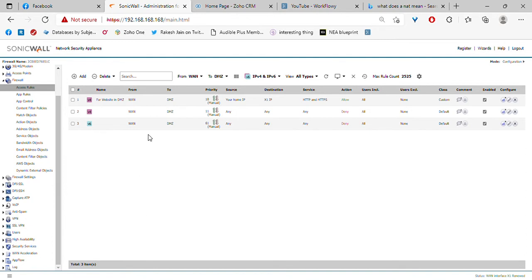Where are you coming from, the WAN, the internet, to the DMZ, where your web server resides in? So let's read this firewall rule again. If you're coming from the WAN zone and you want to get to the DMZ zone, and your source IP address is your home IP address, and the destination IP address of the packet is my X1 IP address, which is my WAN IP address, with the destination port of HTTP and HTTPS ports, then I will allow that traffic through,